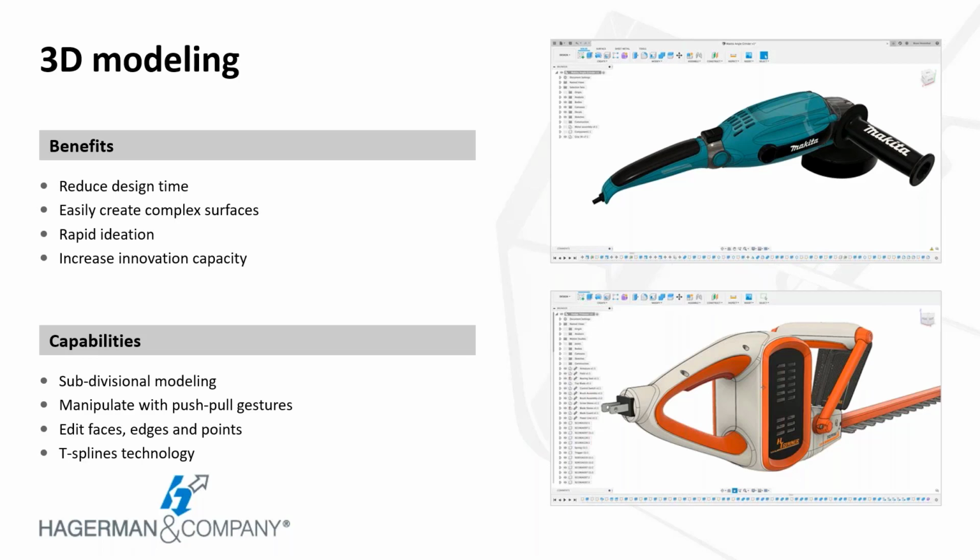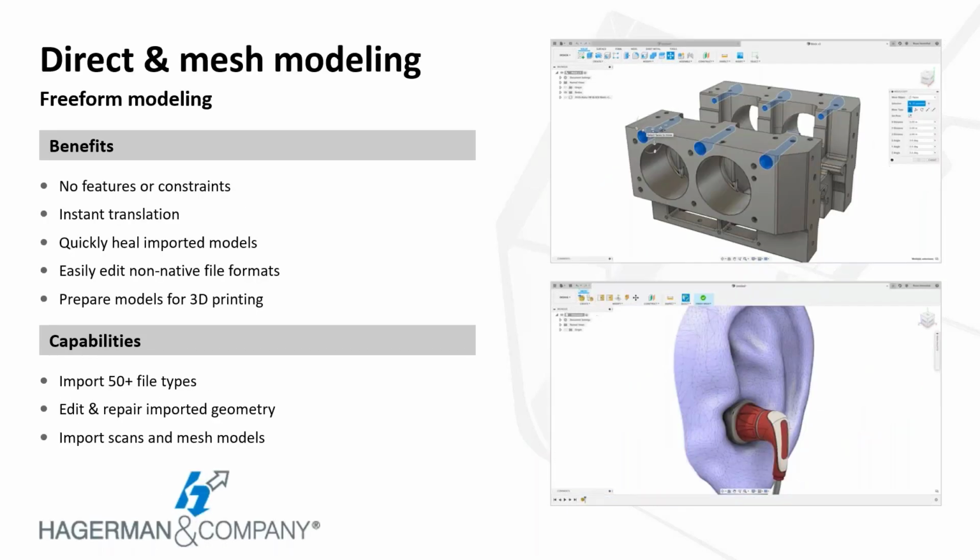Aesthetics and ergonomics for those consumer products like we're seeing on screen here can easily be accomplished by directly manipulating the geometry with simple push-pull gestures. Fusion also has flexible options to 3D modeling to allow you to focus on the task, not so much how you're going to do it. It's helpful to make changes and know that it isn't going to affect other features when you're editing the geometry